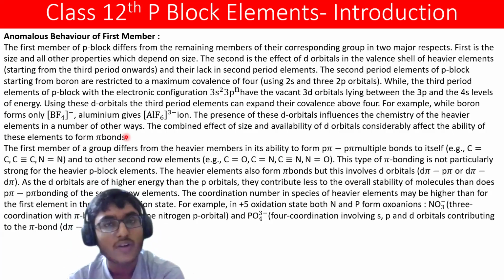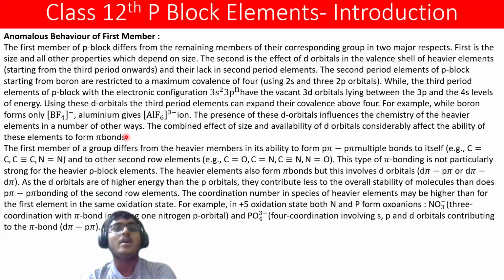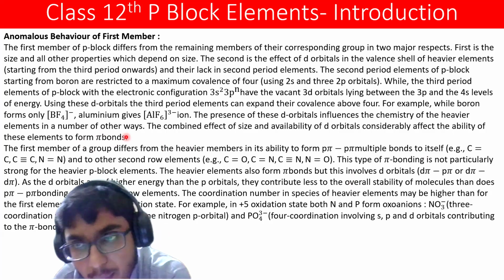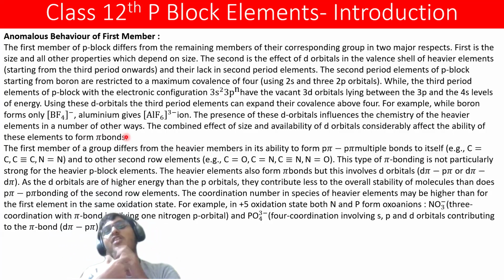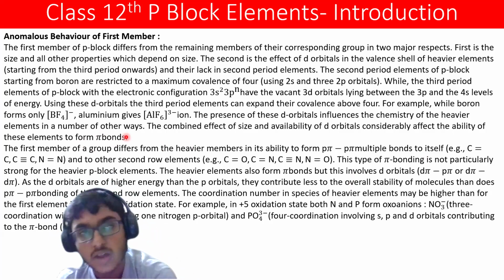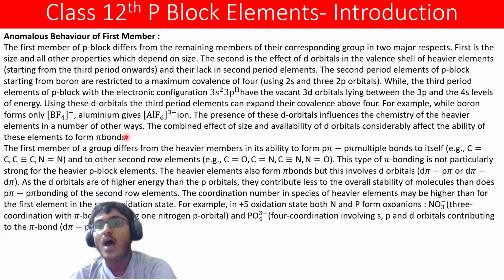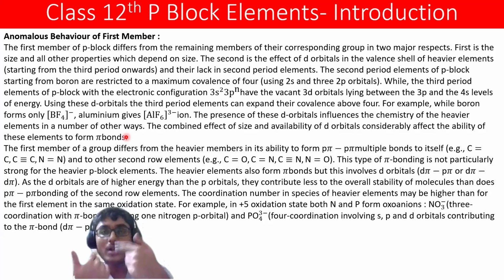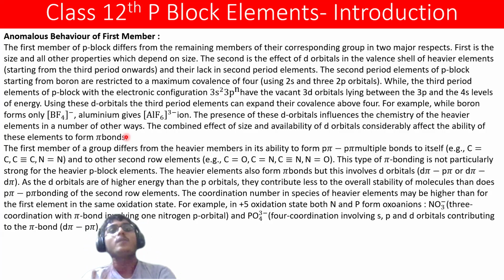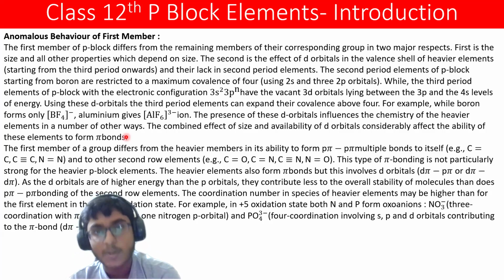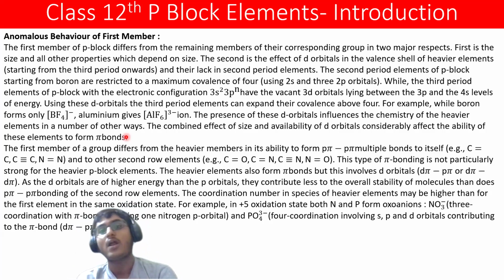तो जो फर्स्ट मेंबर तुम्हारा ग्रुप का, वो डिफर करता है बाकी सारे हेवियर मेंबर से, in its ability to form pπ-pπ multiple bonds to itself। इटसेल्फ में जो बॉन्ड फॉर्म करेगा वो pπ-pπ होता है। फर्स्ट मेंबर हमेशा ऐसा ही करता है। अब जैसे कि कार्बन फैमिली है, तो कार्बन फैमिली का जो फर्स्ट मेंबर है वो कार्बन है, तो कार्बन अपने में बॉन्ड जल्दी बना लेगा, नाइट्रोजन अपने में बॉन्ड जल्दी बना लेगा, और वो अदर रो एलिमेंट से भी कर लेता है। कार्बन ऑक्सीजन के साथ भी बना लेगा, कार्बन हाइड्रोजन के साथ भी बना लेगा, आइसोसाइनाइड में साइनाइड दो बना लेगा, नाइट्रोजन ऑक्साइड बना लेगा।